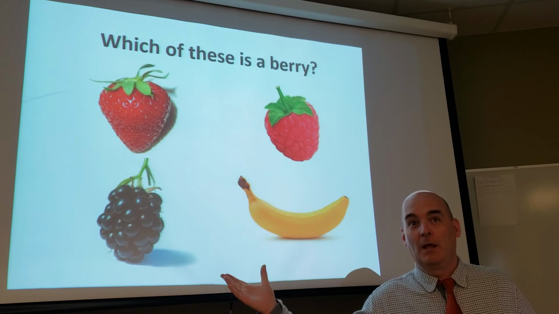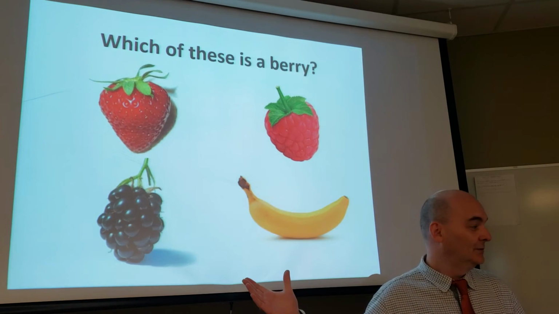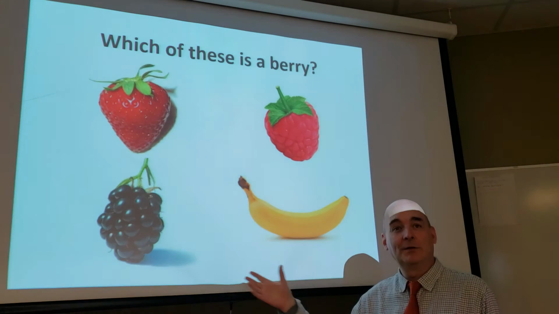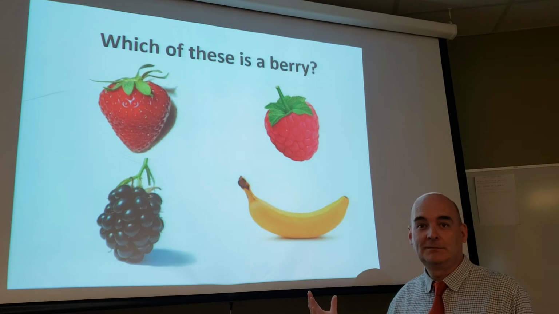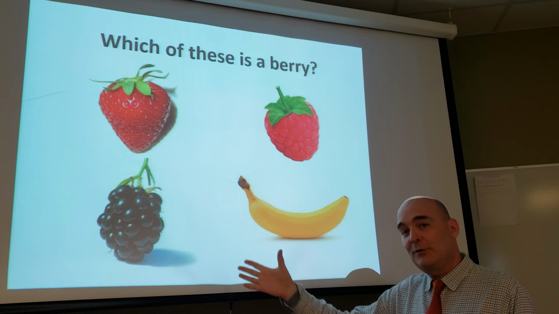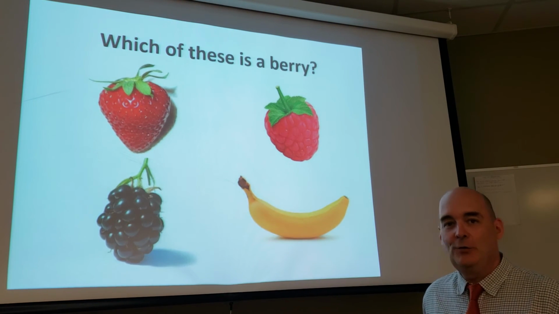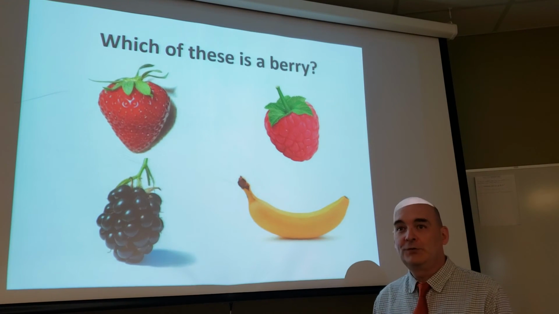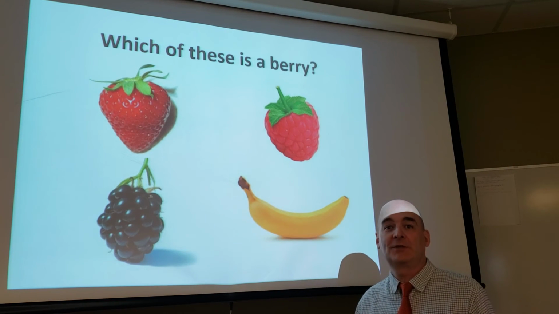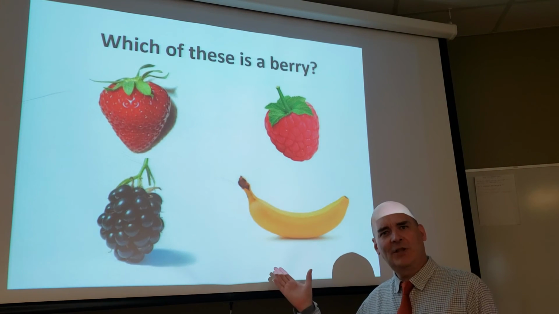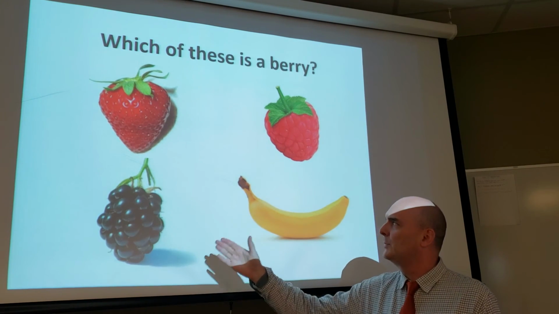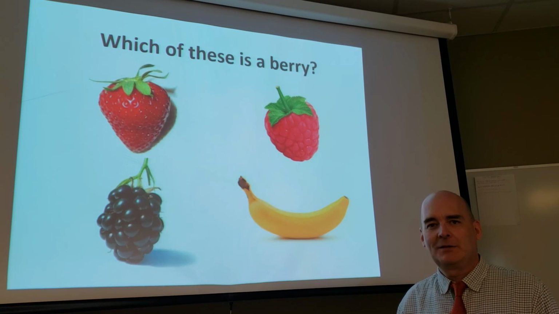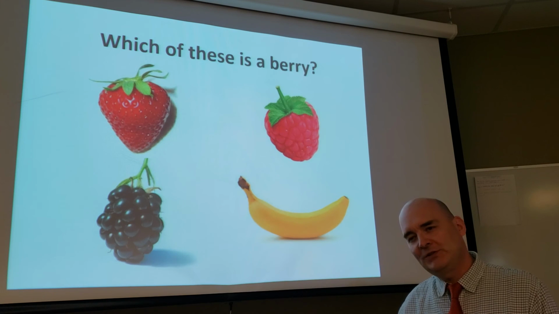Case in point, which of these fruits is a berry? The strawberry, the raspberry, the blackberry, or the banana? The answer is the banana. Out of all of these four, the banana is the only fruit on the board that is a berry, because the encyclopedia definition of a berry is a fruit whose seeds are evenly distributed amongst the flesh of the fruit. And that's the only one that's true, because blackberries, strawberries, and raspberries have their seeds on the outside of the fruit, and therefore don't meet the encyclopedia definition, and yet we still retain them as berries.